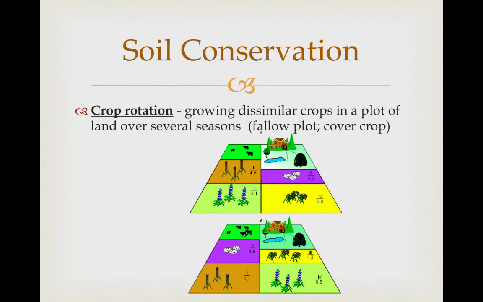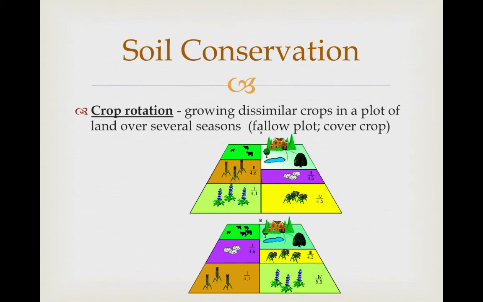Crop rotation is where you grow something different in different places on your farm every year. You can see, here's an example of that. Typically, one parcel is left fallow. A fallow plot is where you don't grow any crops that are meant for a market. And you either just leave it alone, or even better, you grow a cover crop on it. The farmers especially would tend towards a bean crop, which are legumes, or alfalfa or clover, because those plants